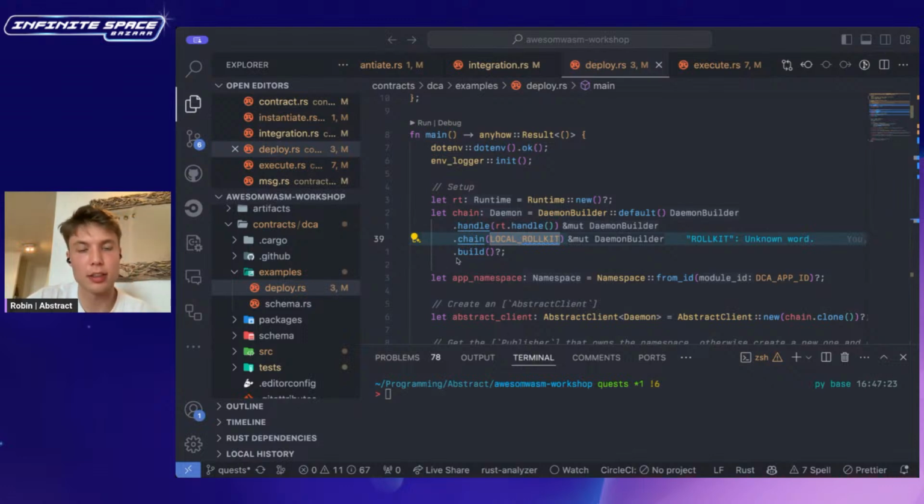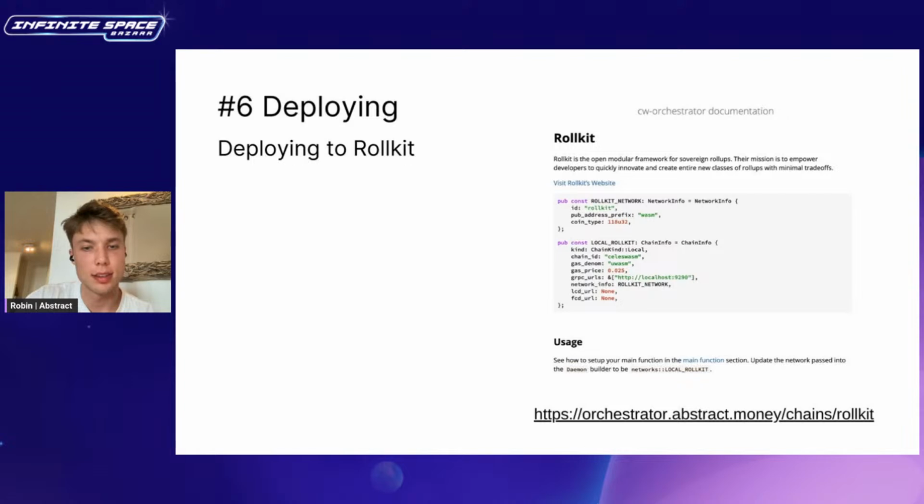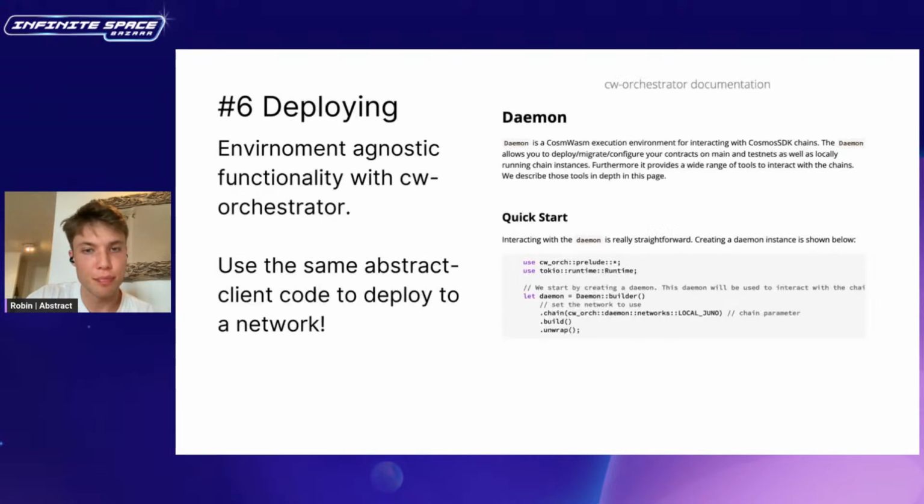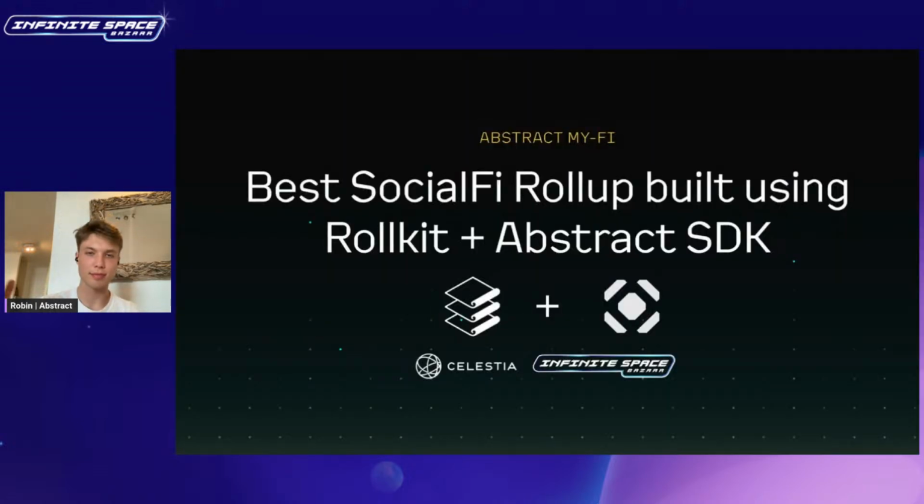Cool, so maybe let's go back to the site. Amazing. So yeah, if you want to learn more, we have a lot of documentation as well on the link that was the last link that was shared, orchestrator.abstract.money. You can read up on this daemon. There's also some documentation on RollKit specifically, which is shown here. So how to use RollKit in your smart contracts to deploy to it,